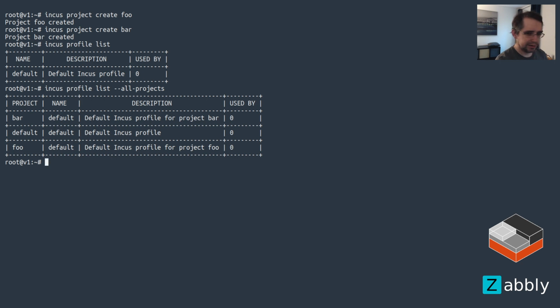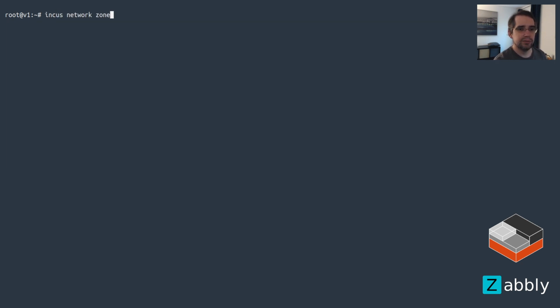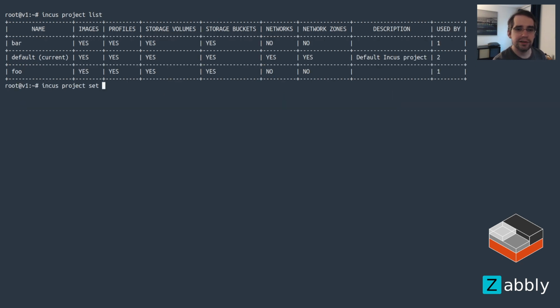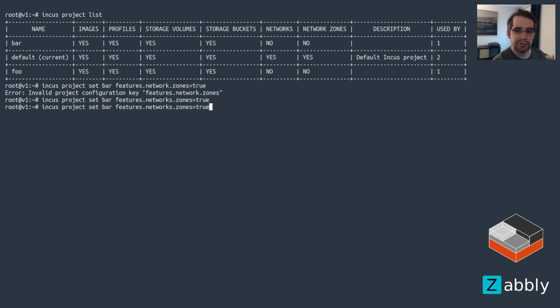The next one is around network zones. So kind of the same thing here. Network zone create. I'm not sure it will let me do that actually. Let me see. Network zones are not enabled. Okay, so we'll just need to go and turn that on. So bar features.network_zones true, and networks.zone. Yeah, there we go. So that's on bar, that's on foo, and now I should be able to network zone create